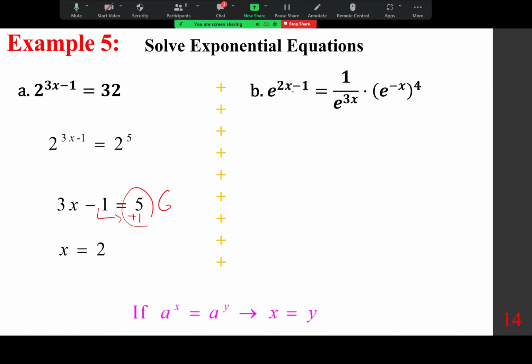e to the power of 2x minus 1 equals 1 over e to the power of 3x times e to the power of minus x to the power of. So the left side has a base e. Let's see what we can do with the right side. This changes to e to the power of minus 4x, and it becomes the numerator. Now, e to the power of minus 4x over e to the power of 3x,